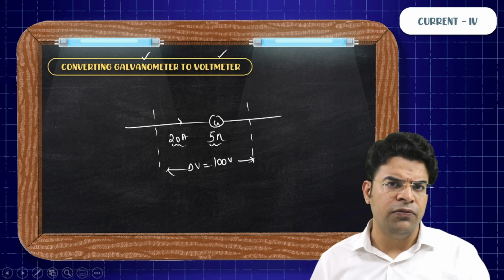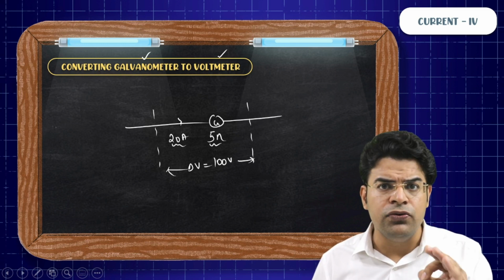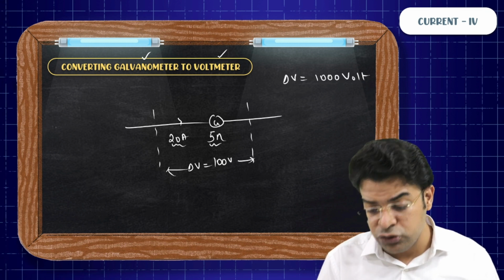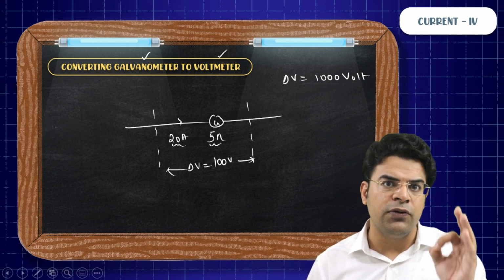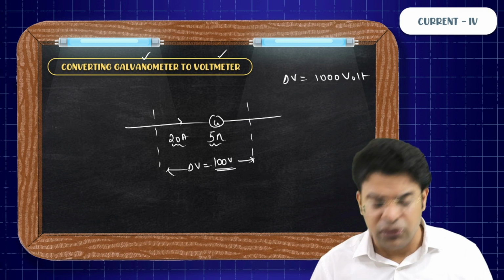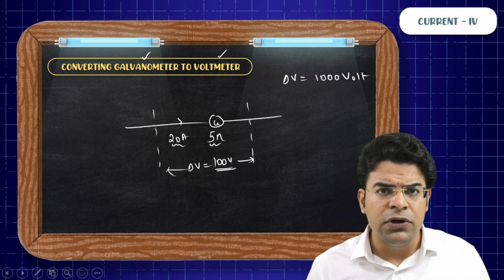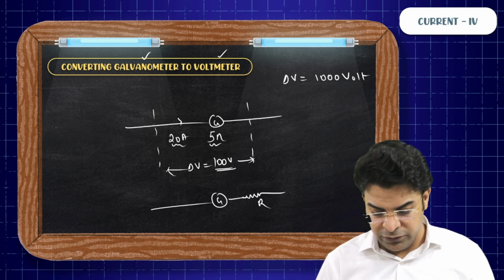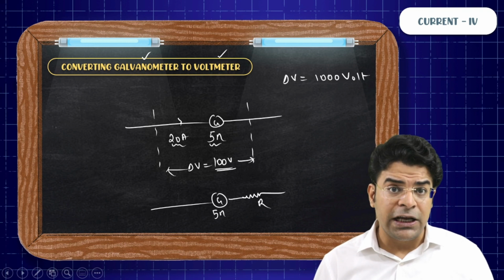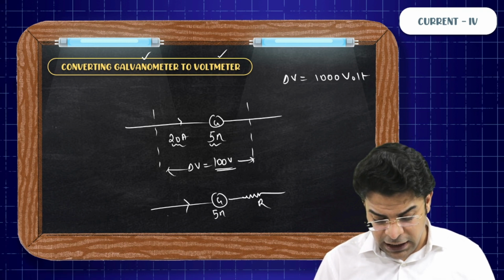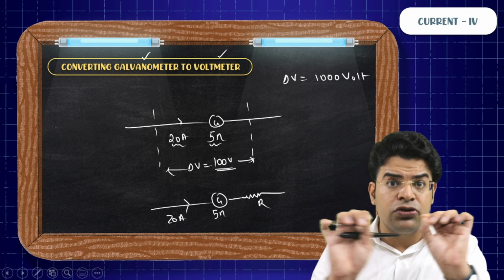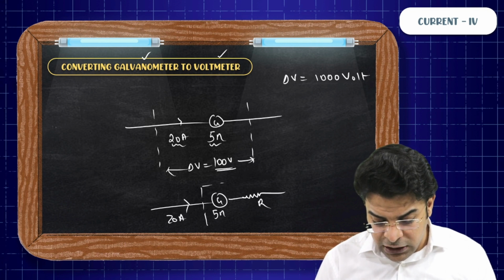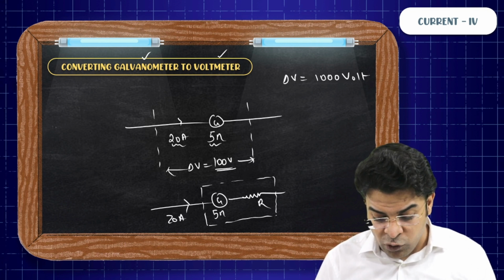What should be done with this galvanometer so that it can be used to measure a potential drop of up to 1000 volt? You wish to measure a potential drop of up to 1000 volt while you know that the maximum potential drop across this galvanometer can be 100 volt. So we say that we will place one more resistance in series with this galvanometer. And since the maximum possible current through the galvanometer is 20 ampere, the maximum possible current through the series combination can be 20 ampere. And we will treat this galvanometer and series resistance as our voltmeter.